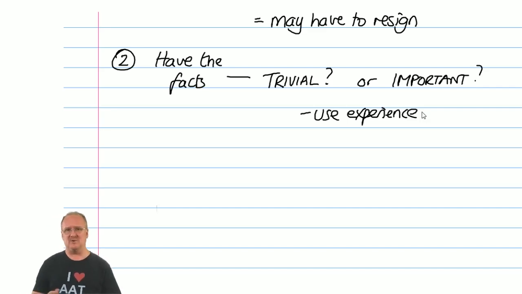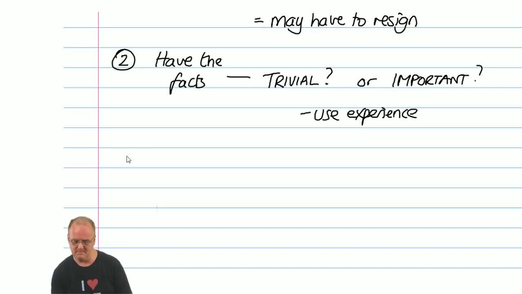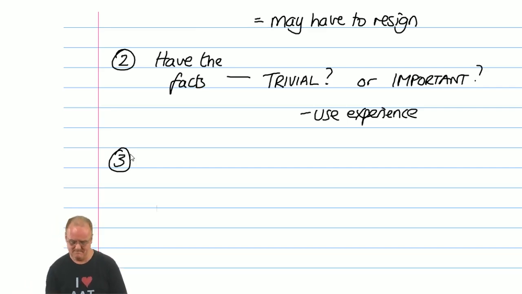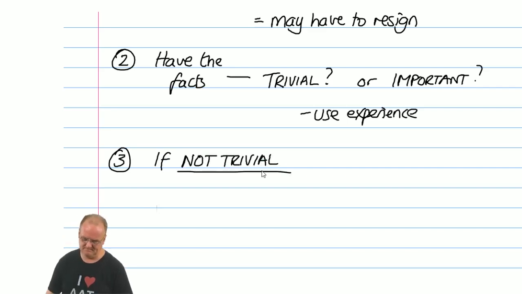There is a danger in our industry that accountants who don't want to lose clients therefore don't want to upset clients, and therefore will say, oh, I'm sure it's not that important, and therefore do nothing about something which could be illegal behaviour. If it's trivial, then you don't need to take any further action. If it is not trivial, and it appears to be an irregularity,